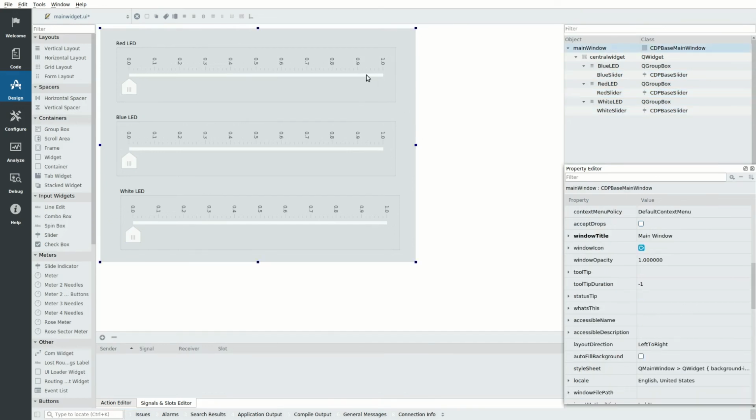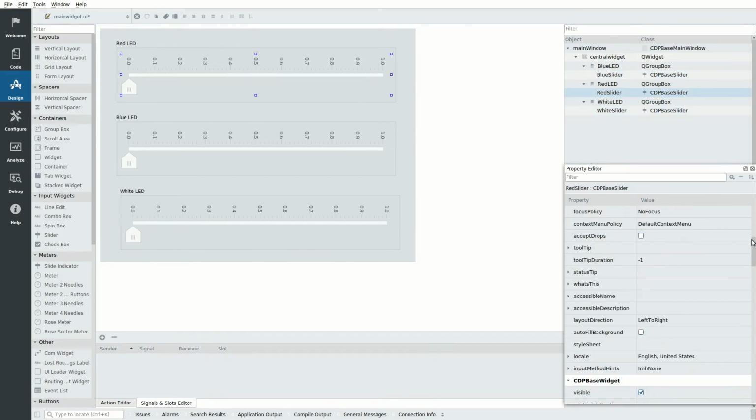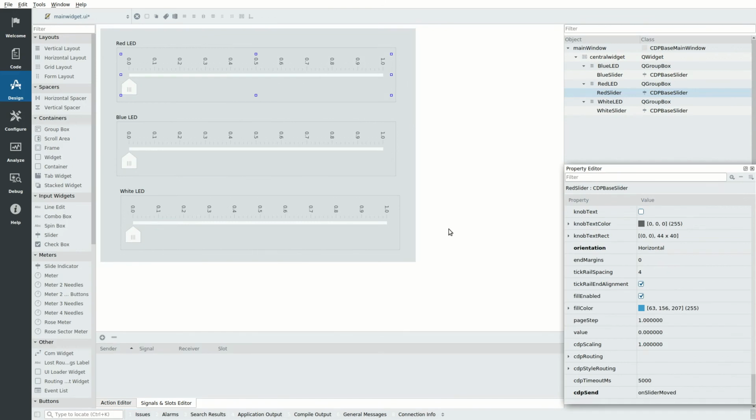The final thing to do is to connect the sliders to the control system. Select the red slider and click into the CDP routing value field. Here we specify the object that should receive the red slider values. pwmdemoapp.gpioserver.redInput. We connect the blue slider in the same way, but it should be connected to